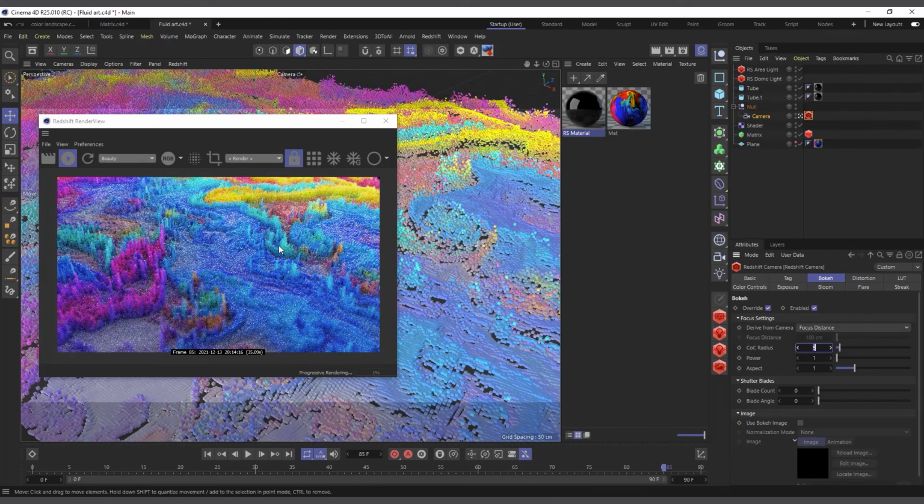So that's how you basically do something like this in Cinema 4D using Redshift, shader effector, and the matrix objects. If you want to see how you do something like this using Cinema 4D's native MoGraph objects and renderer, you can comment in the comment section, and I'll go ahead and do something like this using the Cinema 4D native renderer and Cinema 4D elements only, no extra plugin or anything.